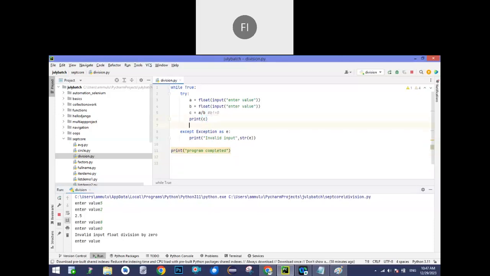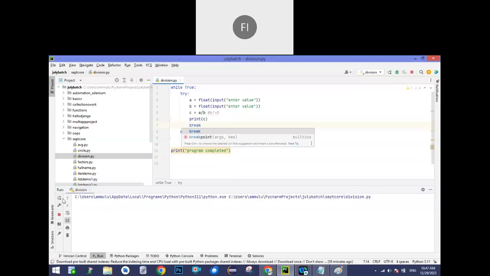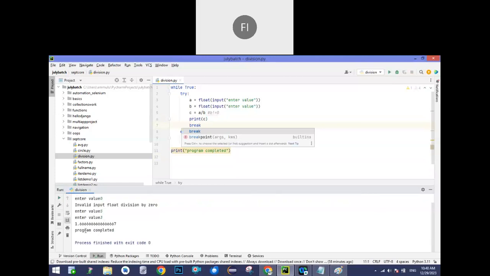Then what we have to do is, in the try block, give a break. Now you see what happened: we can control the logic like that. For example, if I'm giving 5 and 0, we get an error, so it asks to enter a value. Now I'm giving the right inputs, and you get the output, so the program is completed. Likewise we can try this for an ATM pin. If you get an error, it will ask one more time. If you don't get any error, it doesn't ask again. So we can control the code like this.